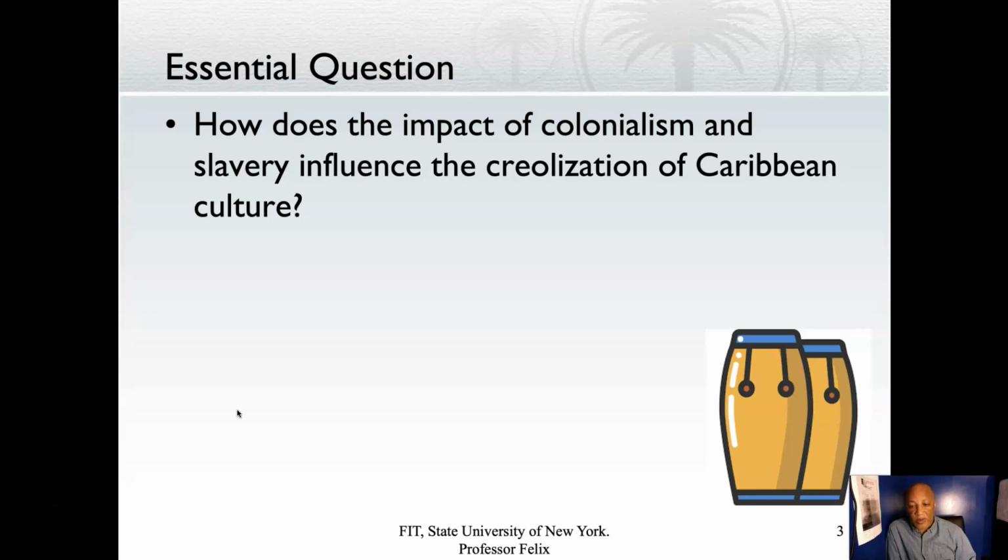But also, not to be underestimated, the input of the Native Americans, the Taino and the Kalinagos, within this whole culture as well. Oftentimes, it is not appreciated as much as it should be, but as we noted in the earlier phase of this course, it's not something to be missed.